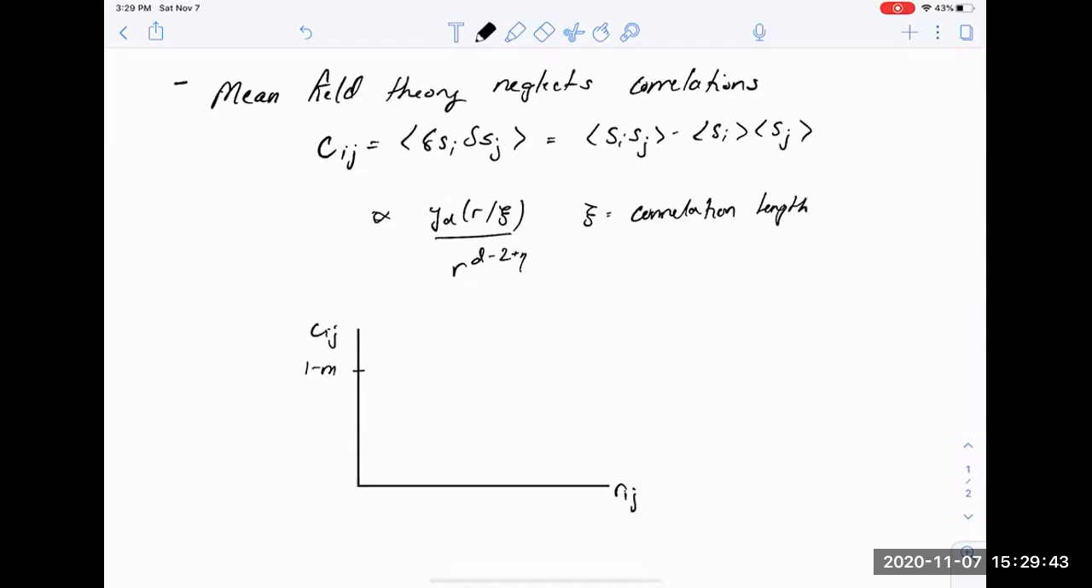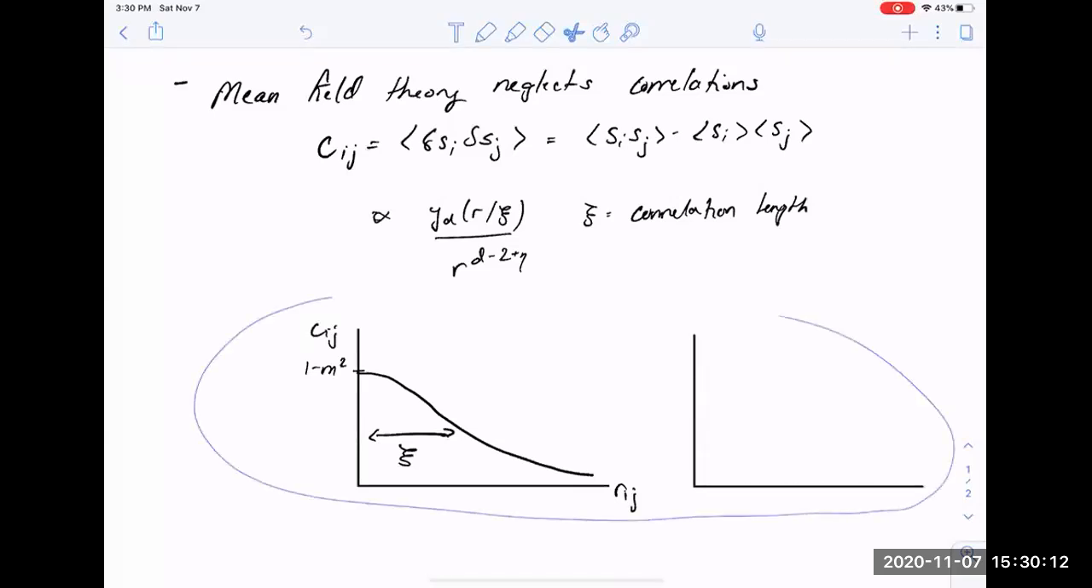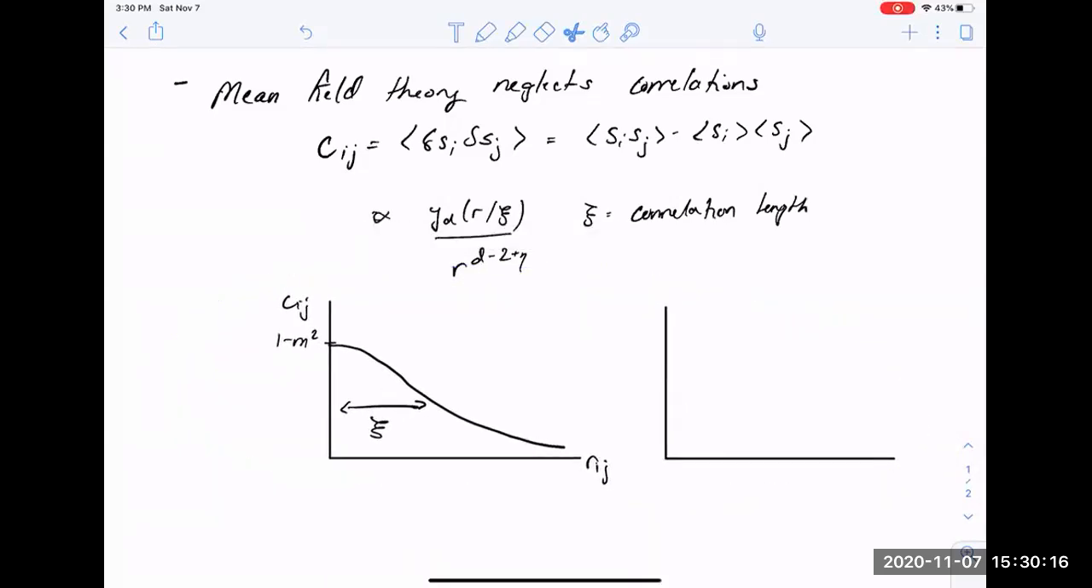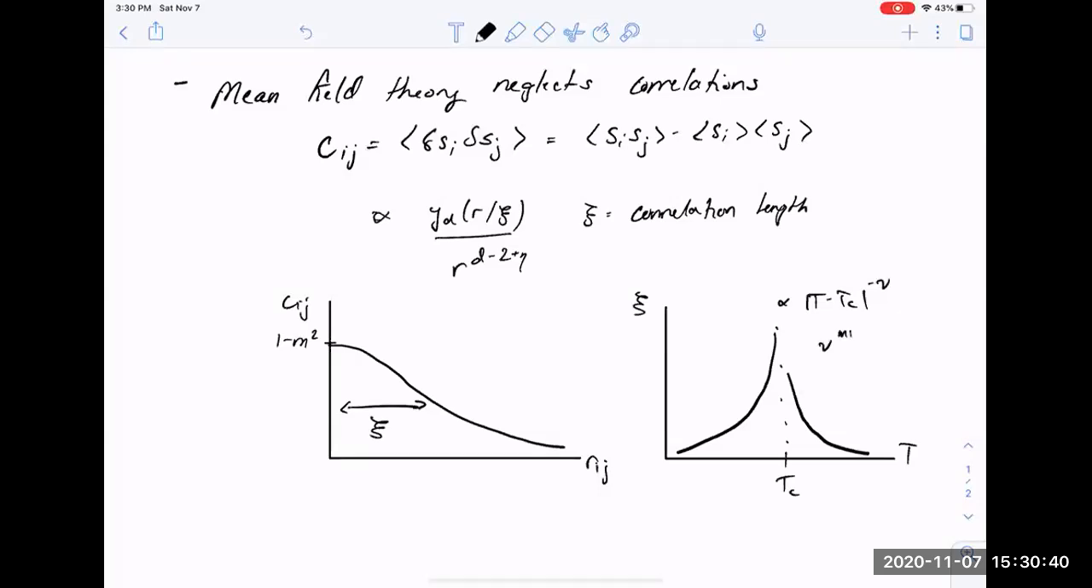We argue that it starts at 1 minus m squared, and away from the critical point should decay with some characteristic scale, that correlation length. And what makes critical points exceptional is, in fact, that those correlation lengths, the length scales over which spins influence each other, diverge. It diverges in a particular way as a power law with some critical exponent, where that critical exponent in mean field theory was a half